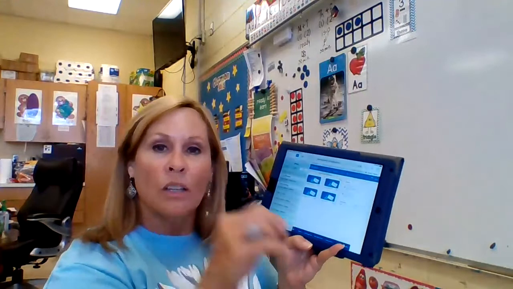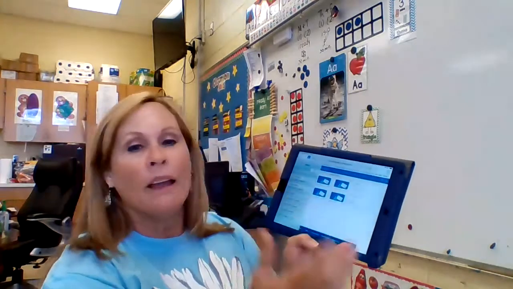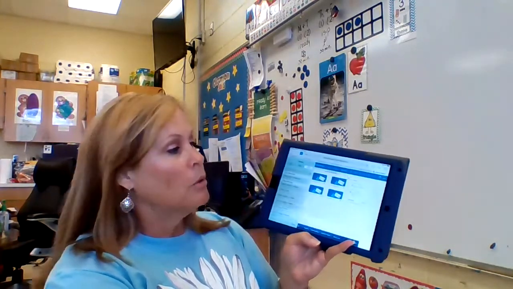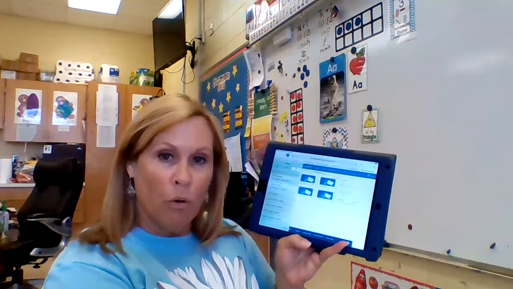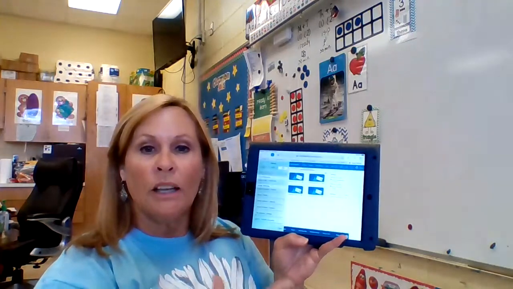it pulls up and it says week 1, which was the letter C. You click on that and you can go in and watch a video with working with the letters, or you can go to math and watch a video working with numbers. So you can go into Schoology if you want to, but right now what I mostly want you to do is to go into iReady and iStation and have them working on the